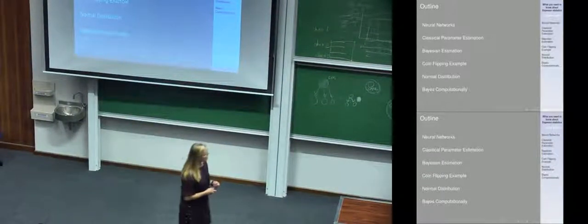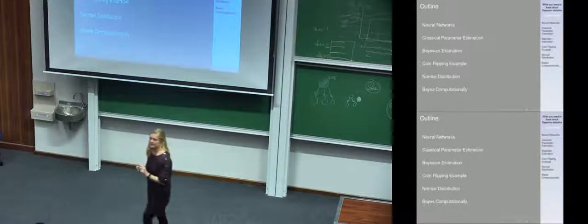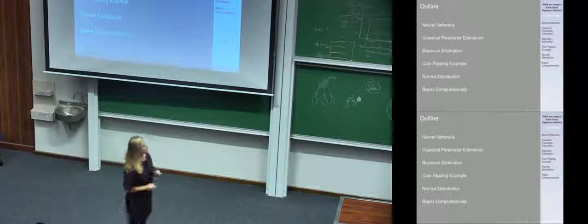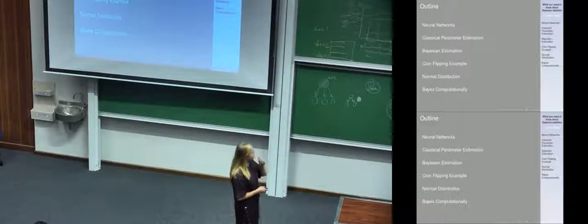And then I'm going to look at first, classical parameter estimation, which I think we should all feel a bit comfortable with, but I'll just do a sort of recap in case it's very long ago and we're really not comfortable with it. Then I will show what Bayesian estimation is. So this is in the normal estimation setting, nothing to do with neural networks. And the classic coin flipping example for Bayes estimation. And then